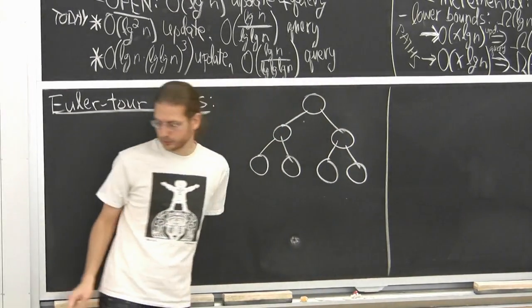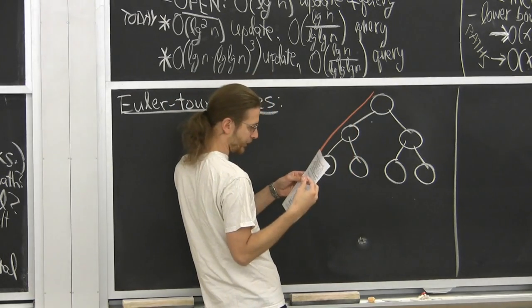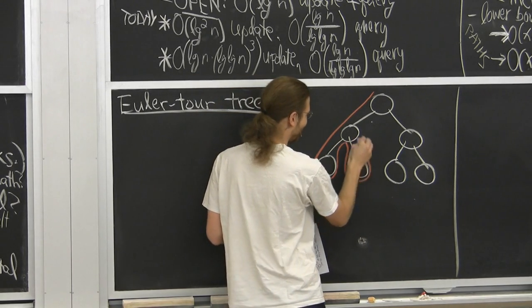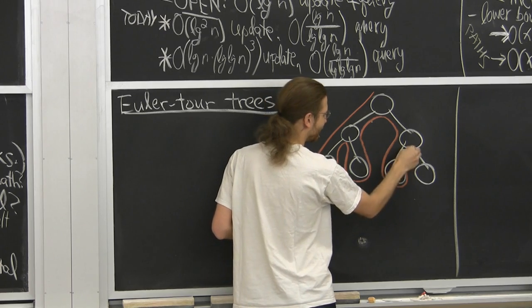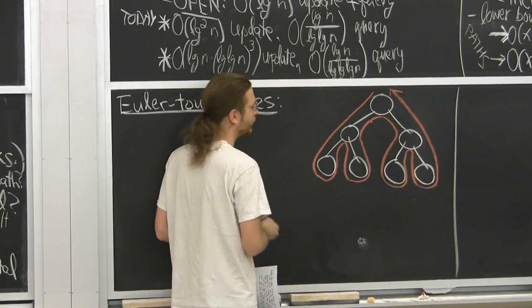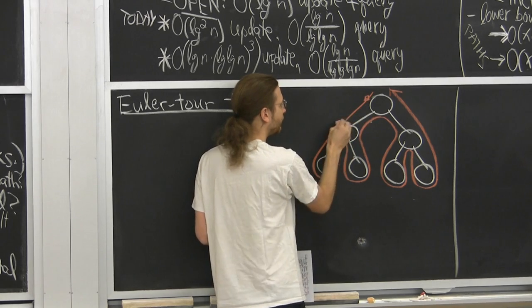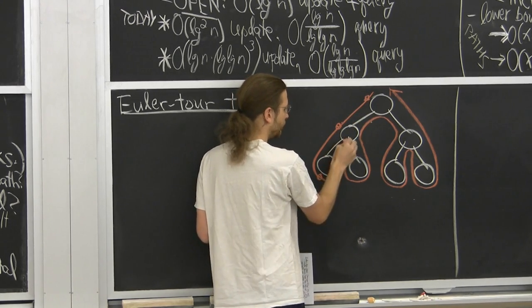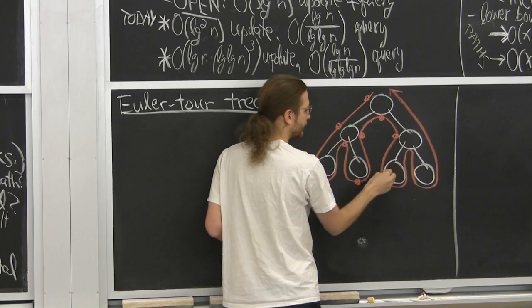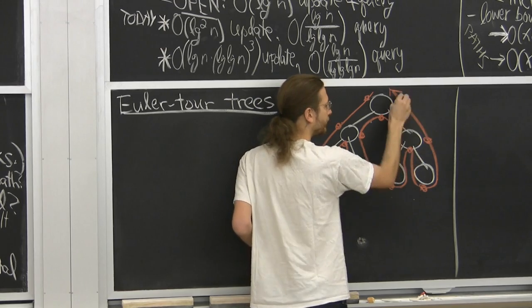Euler-Tour trees. We take an Euler tour. Remember Euler tours from, I can never remember, lecture 15? I don't quite remember what that lecture was. When did we do Euler tours? Well, doesn't matter. The idea of an Euler tour was just walk around the tree, do a depth first search, and keep track of every time you visit a node. So you visit some nodes multiple times. In general, the degree of the node is the number of times you visit it. Every edge gets visited exactly twice, so it's a linear number of visits total.